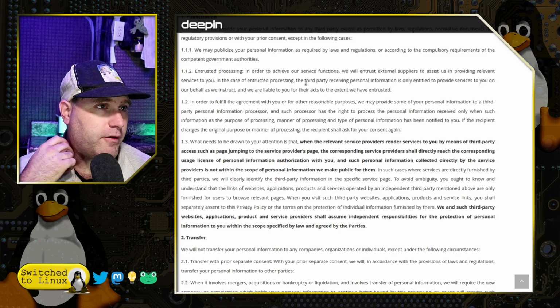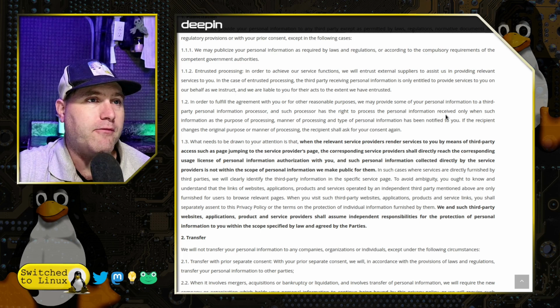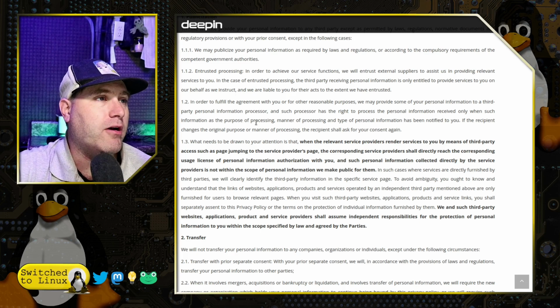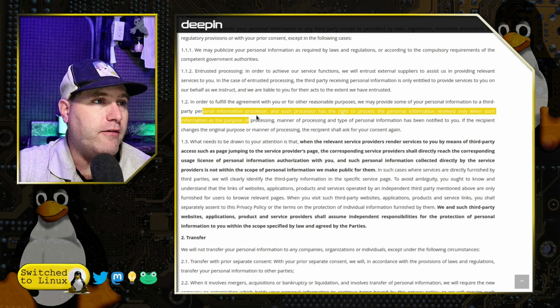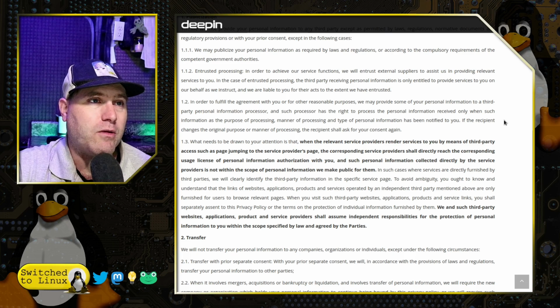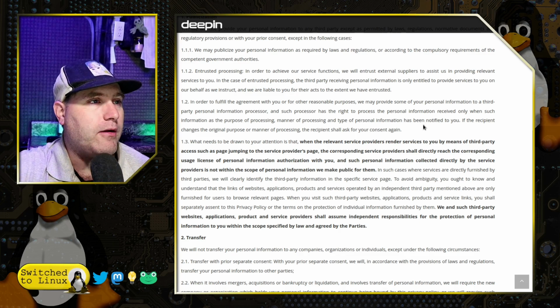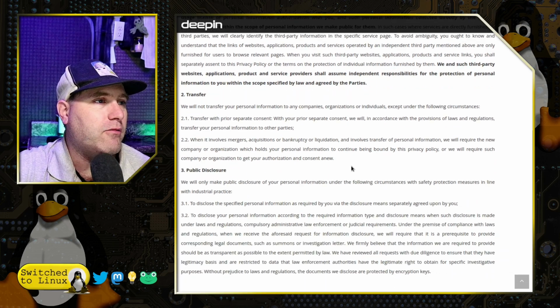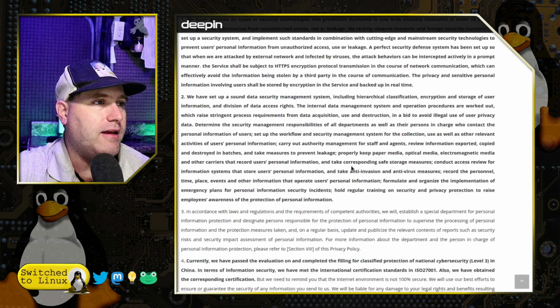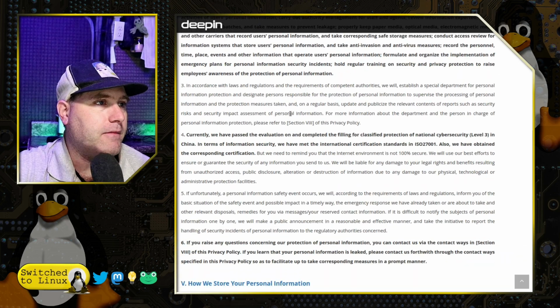So in order to fulfill the agreement for other purposes, we may provide some of your personal information to a third party. In personal information processing, such a processor has the right to process information received only when such information is purpose of... basically, yes, we can send it over to third parties. They can do with it what third parties tend to do. And so the only thing I found really interesting down here is under their